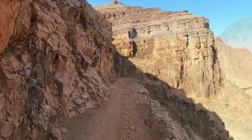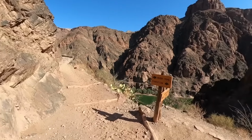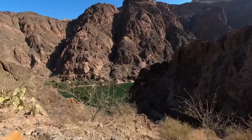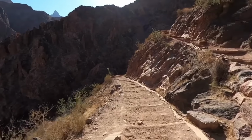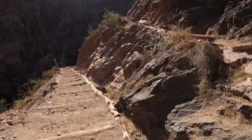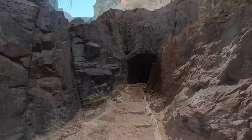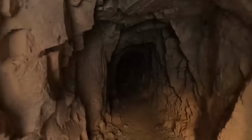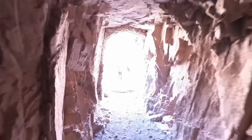And at this point, it's just a little bit more. We're going to come to the junction with the little connector trail that goes over the Silver Bridge. But we're going to go right down to the Black Bridge, right down there. You can see it in the distance as we go down here. And just a little bit more. And then we're going to go through the tunnel. And this is a short tunnel. It's not too bad. Go through the tunnel, and we're going to come out on the Black Bridge and cross